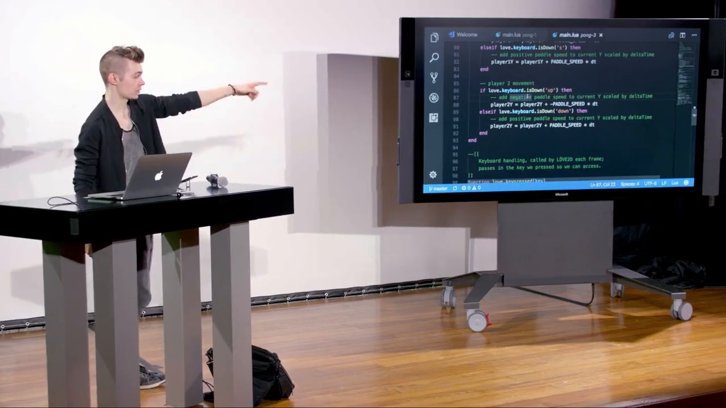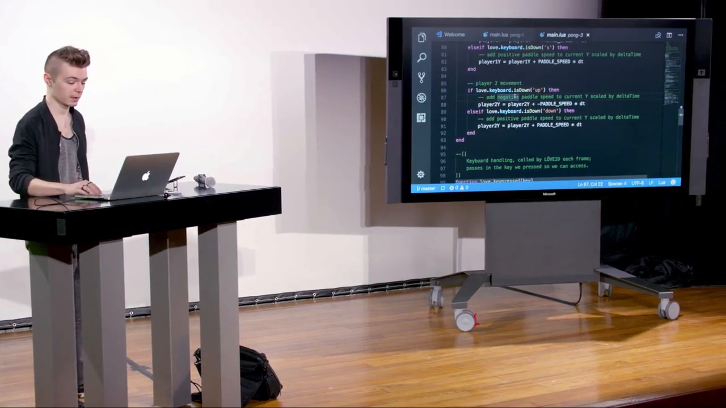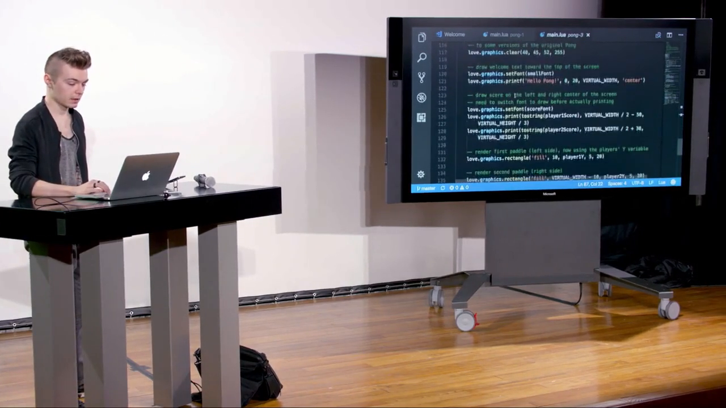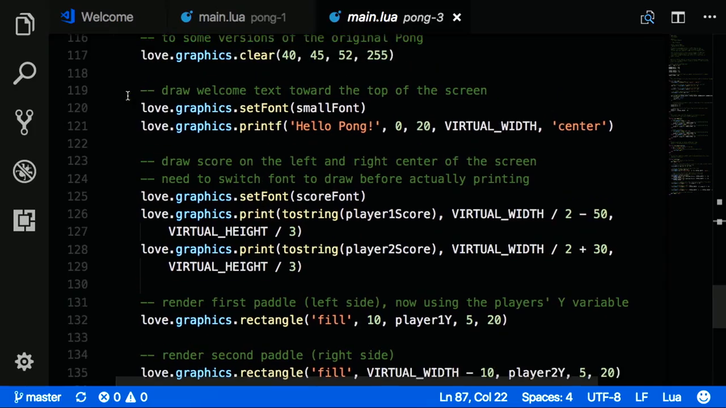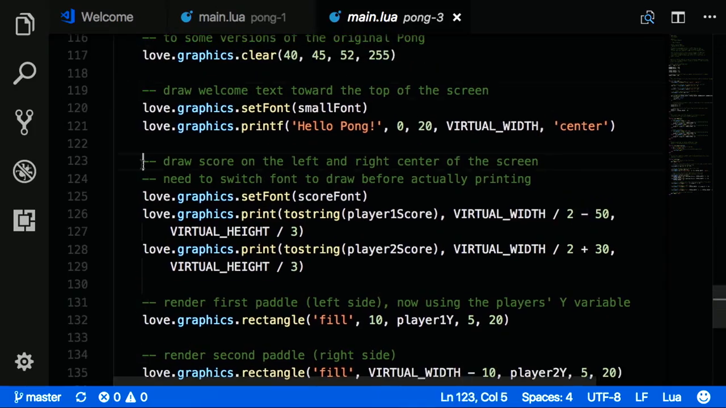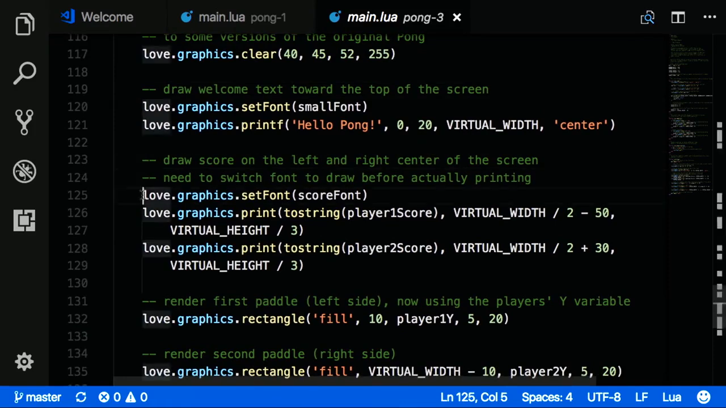We're doing the exact same thing with the paddle on the right, except we're using up and down as the strings into love.keyboard.isDown. And then down below here, we are rendering, in addition to what we rendered before, also the score now. So on line 125, note that we're calling love.graphics.setFont score font, because if we don't call this, it'll